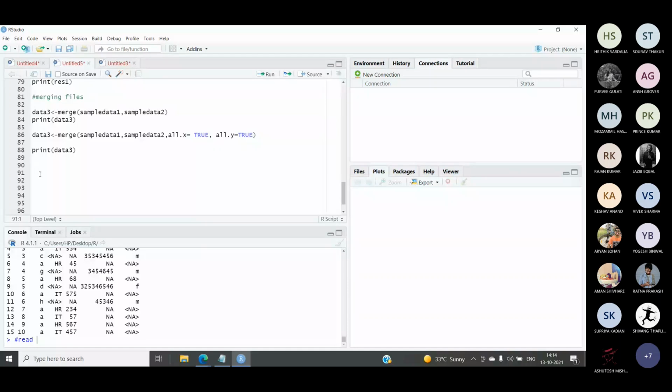After that we have merged the two data frames. Now what I want to do is export this data frame, that is my data 3, and store it as an Excel file.